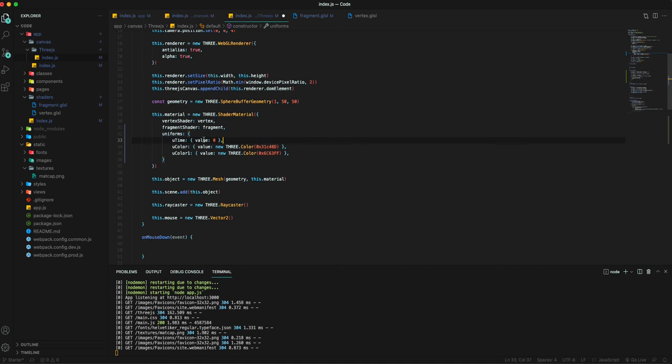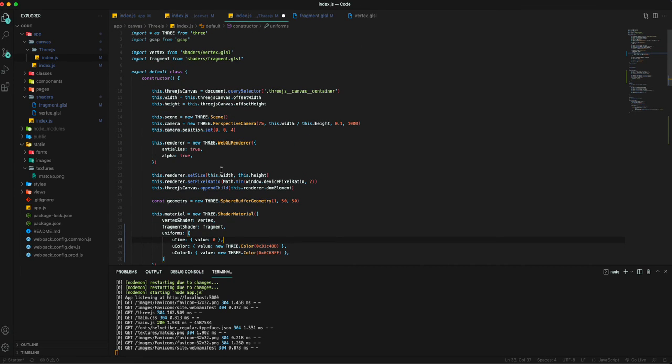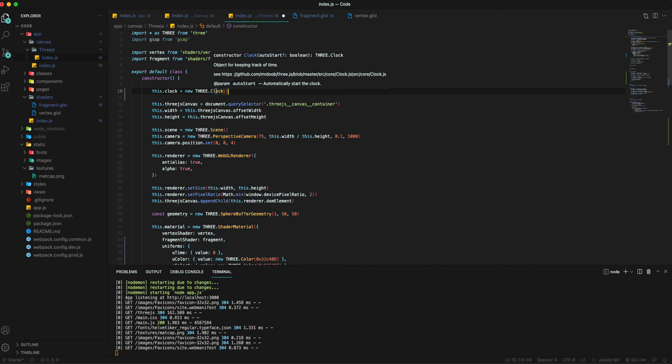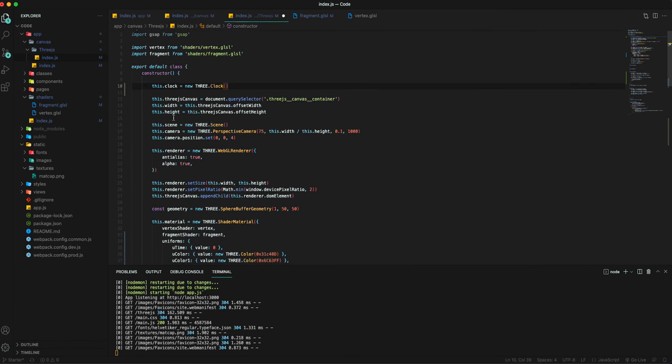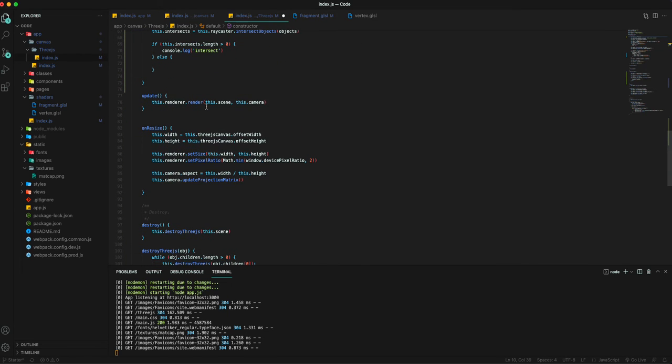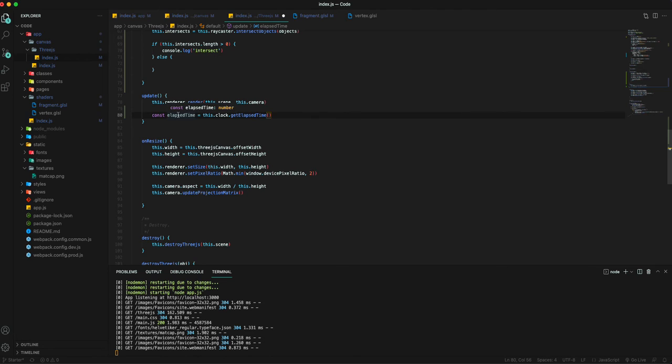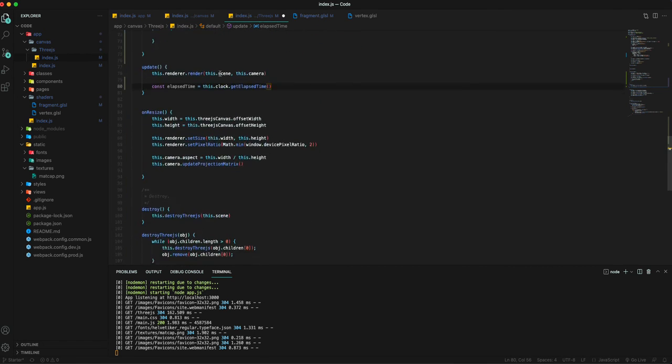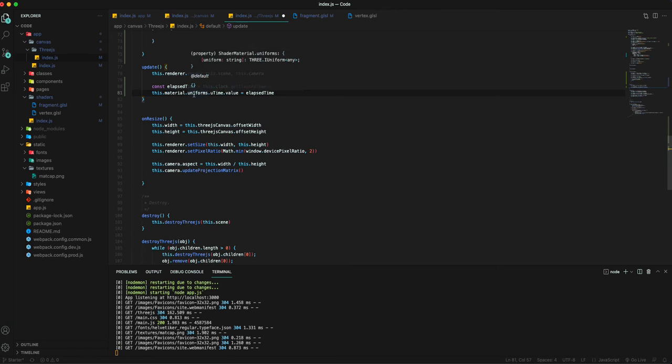So you can define, basically you can get the elapsed time from when the page is loaded using the Threejs Clock function or method, and then once you basically store that 3 clock in your clock property here, you can then later on in your update function, you will be able to get the elapsed time from basically when it's loaded, when the clock started, which was the page load, and then you can assign that to your u time